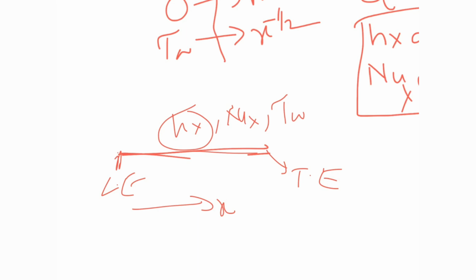Like if something is varying throughout the length, and you have to find the average so that you can apply that to find out the overall heat transfer or overall amount of wall shear stress that is acting onto the flat plate. All these things you have to find. Okay, for this we have to do integration so that we will get some average value throughout. That we will discuss in today's video.